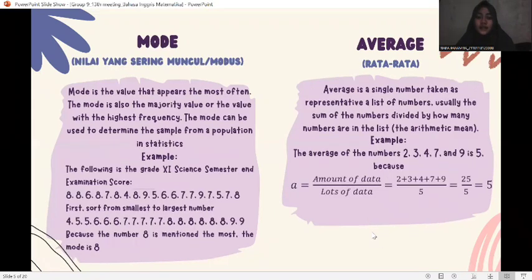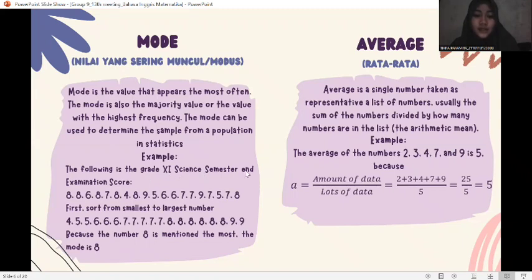Okay, the next is mode. Mode or nilai yang sering muncul atau modus. Mode is the value that appears the most often. The mode is also the majority value or the value with the highest frequency. The mode can be used to determine the sample from a population in statistics. Example, the following is the grade